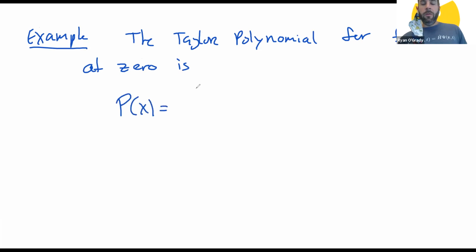The polynomial is x minus 1 over 3 factorial x cubed plus 1 over 5 factorial x to the 5th